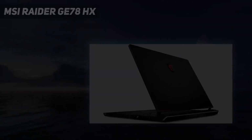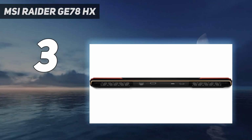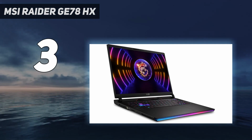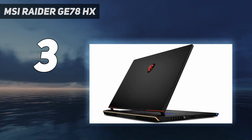At number 3, MSI Raider G78HX. 17-inch laptops may not be the biggest around anymore, but they can still deliver a balance of power and immersion. The MSI G78HX Raider is a powerful laptop. We reviewed it with an Intel Core